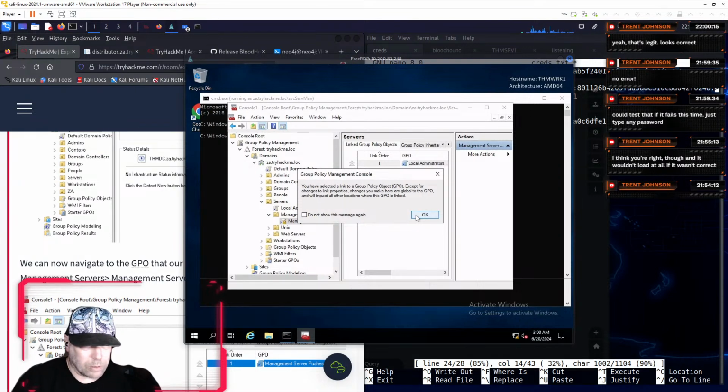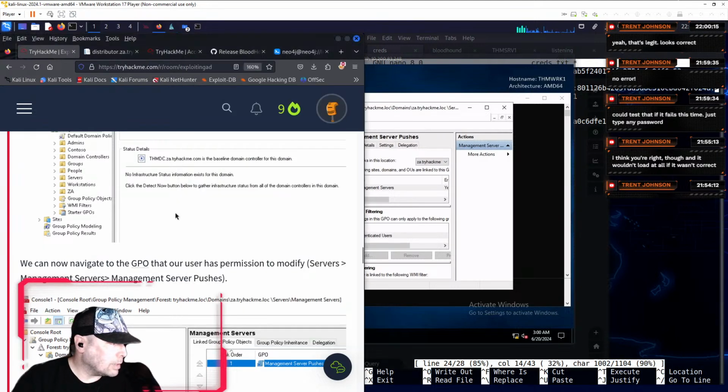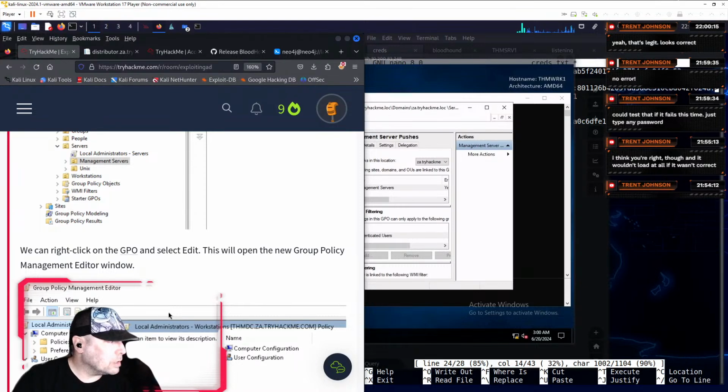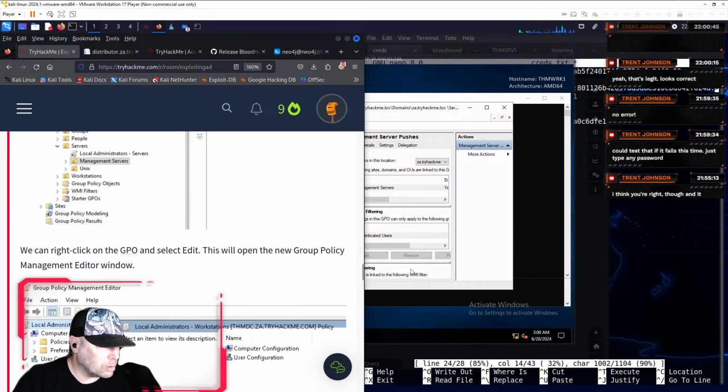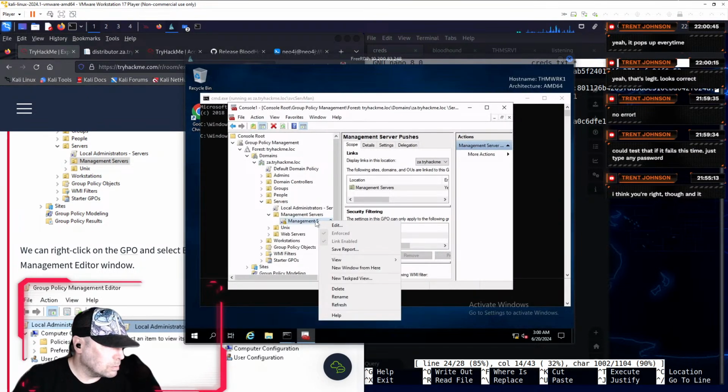I think that's what I want to do. Okay, now what? No, don't. Alright. You can right click on the GPO and select edit. This will now open the new Group Policy Management Editor window. We're supposed to right click on it? What?